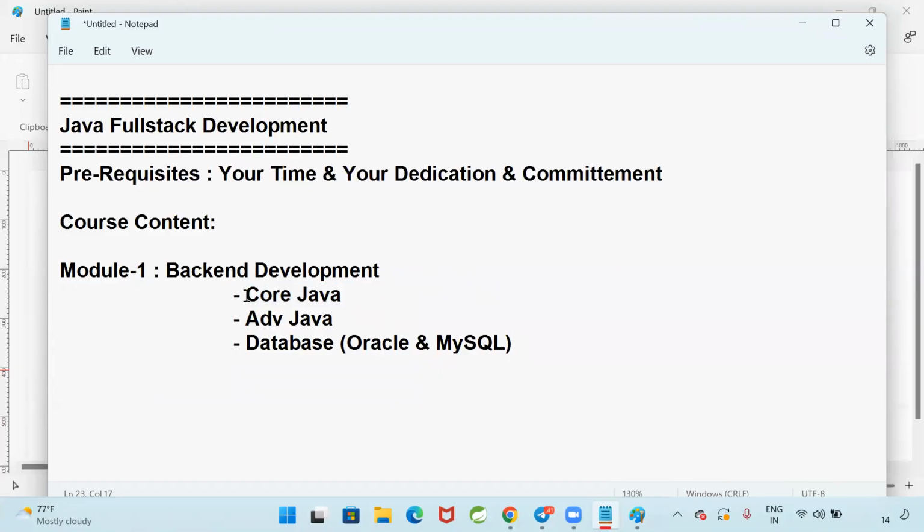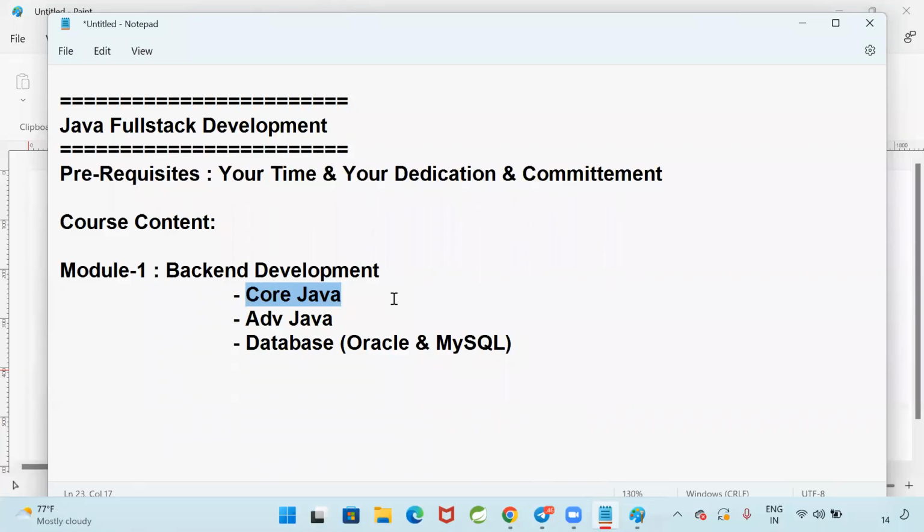Core Java is mandatory for every programmer, because you need to know what is a variable, what is a data type. If you go for DevOps also, some programming or scripting will be available. If you go for software testing also, programming will be available. If you want to survive in the IT industry, programming knowledge is mandatory. There are so many people who say, I don't like programming, I don't know programming, I want to get a software job. Nowadays, if you don't know programming, you are not fit for the IT industry. Every technology requires people who have some knowledge of programming.